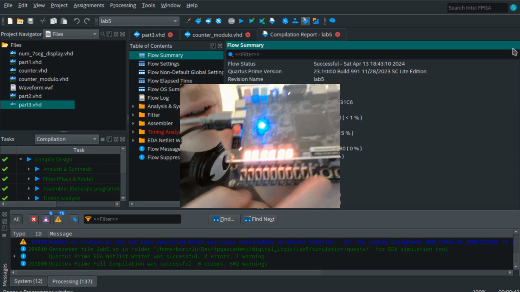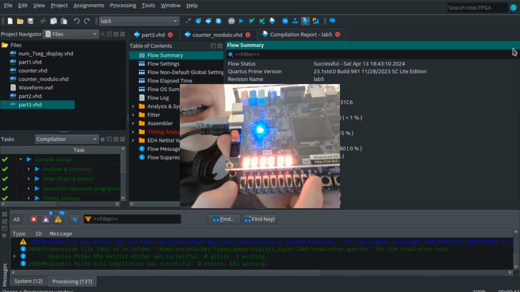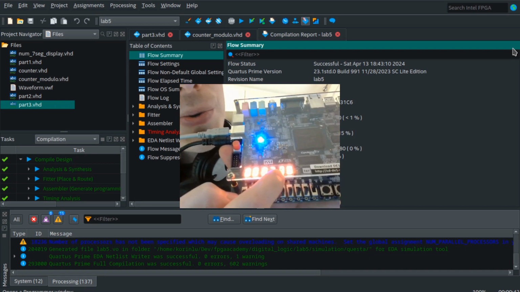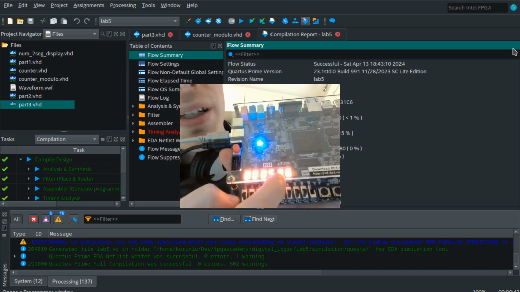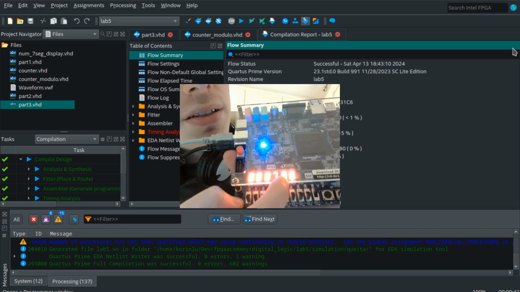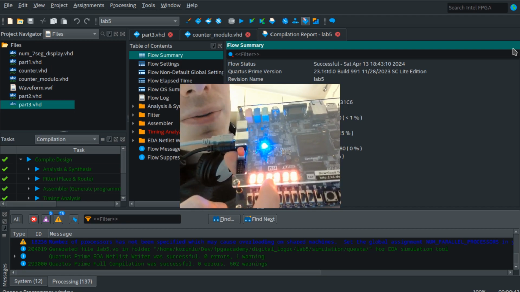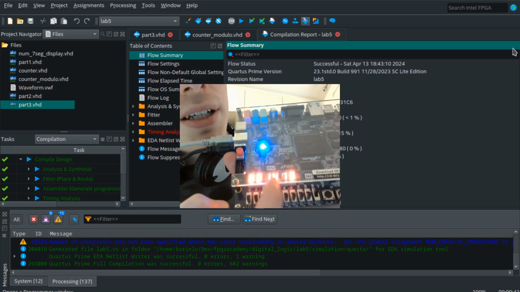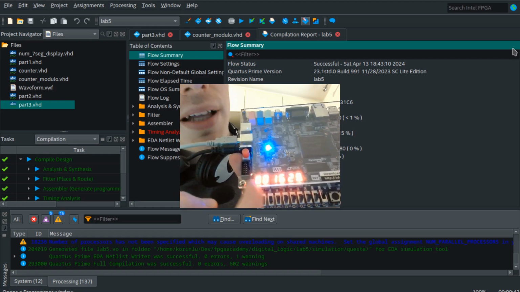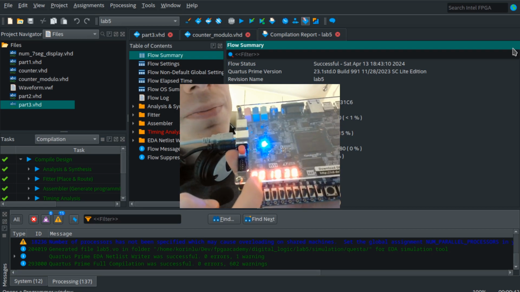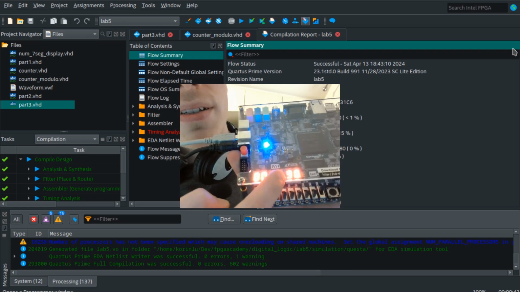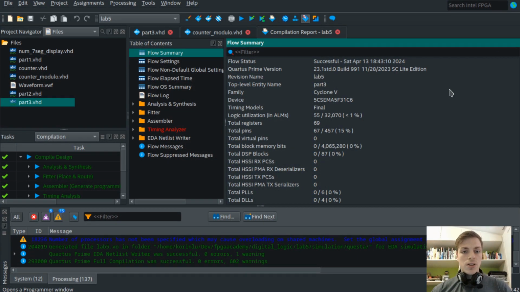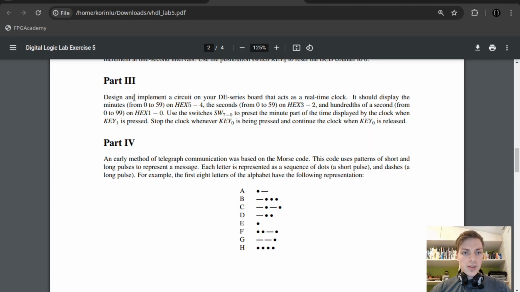So you can see all zeros now. And when I enable the counter, the first two 7-segment displays display the 100th of a second. And the third and the fourth display the seconds, and the last two display the minutes. So you can see it increments, and we will continue and try to finish part 3, and we will try